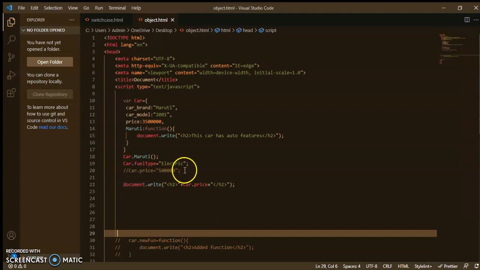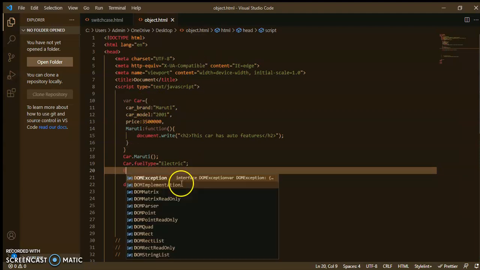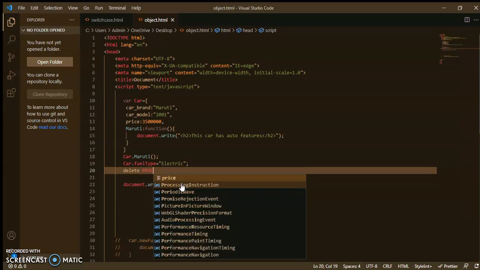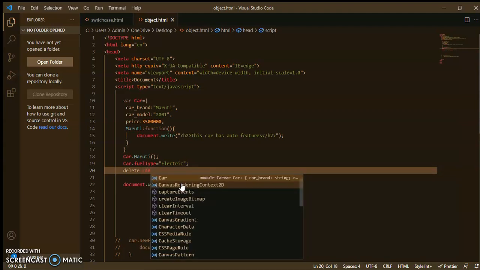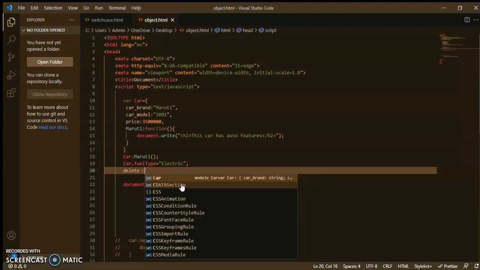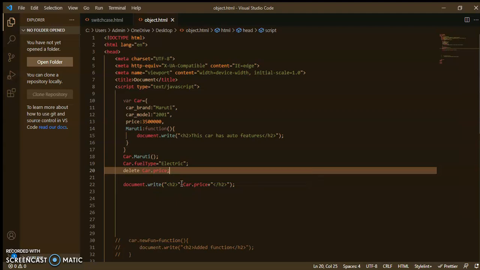Suppose I want to delete the price in the object. I will use delete car.price. It will delete the price of that car, and now typeof car.price will display undefined.